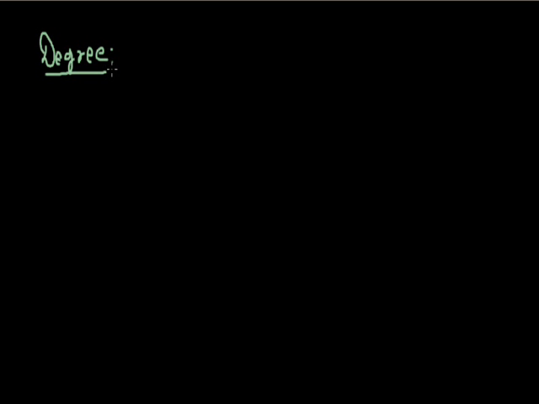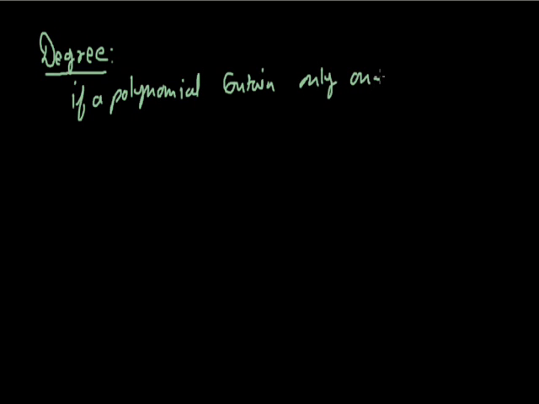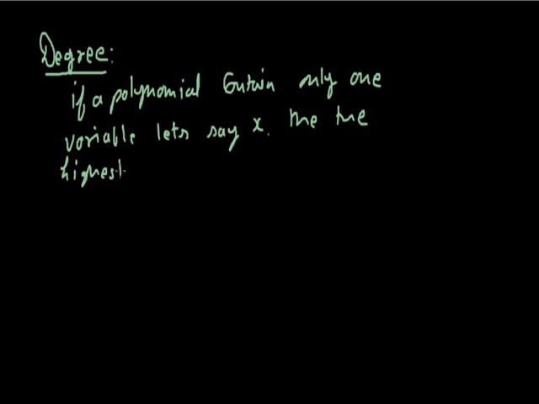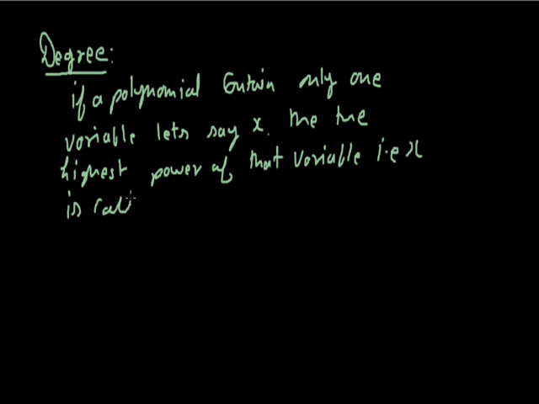When a polynomial contains only one variable, let's say x, then the highest power of the variable, that is x, is called the